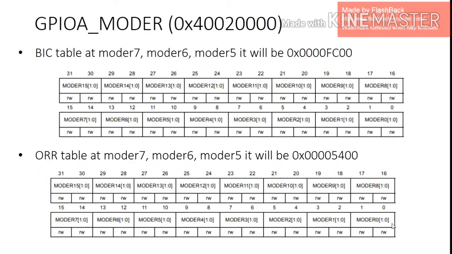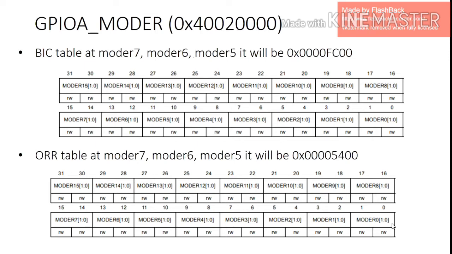Next, we use GPIOA mode as output, and the address is 0x40020000. In this coding, we need to declare two types, which is BIC table and ORR table. So for the BIC table, at mode 7, mode 6 and mode 5, it will be 0x0000FC00. And for the ORR table at mode 7, mode 6 and mode 5, it will be 0x